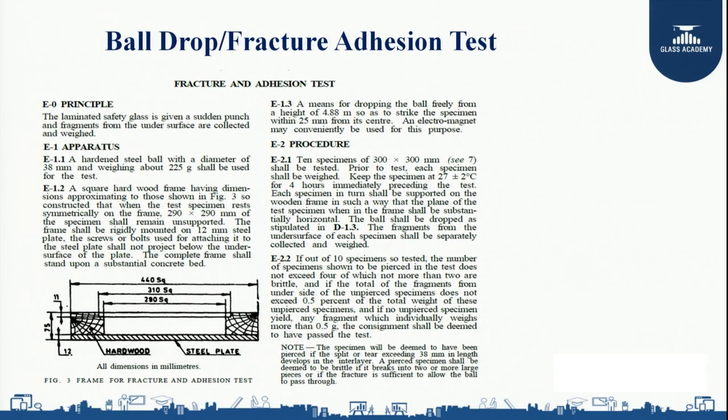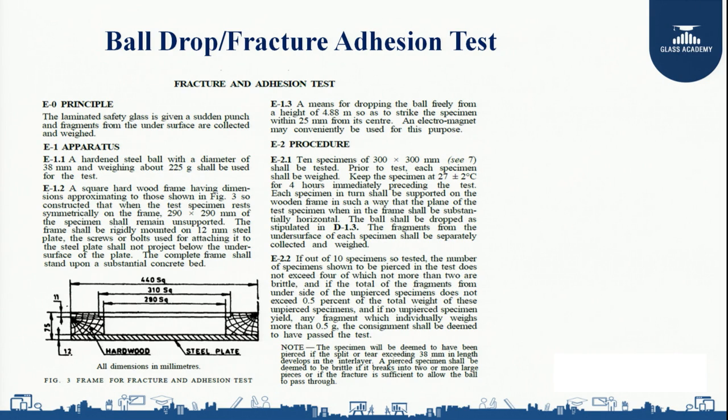The next test we do in our laboratory for lamination is the ball drop or fracture adhesion test. The purpose of the ball drop or fracture adhesion test is that the laminated glass is given a sudden punch and fragments from the undersurface are collected and weighed. In order to set up this test, we need a steel ball with a 38 mm diameter weighing about 225 grams,